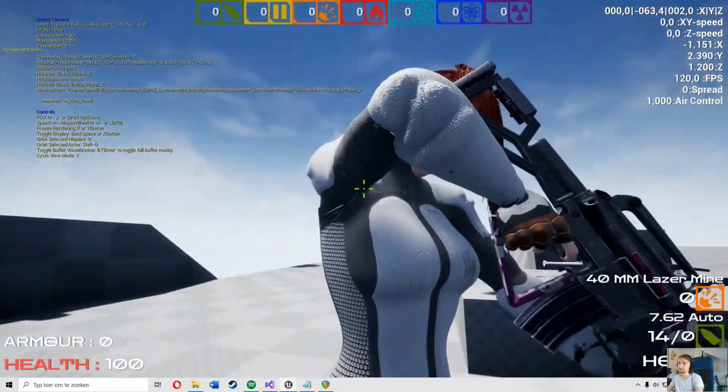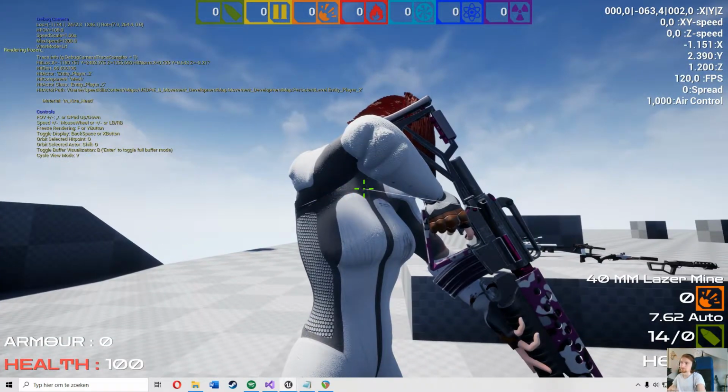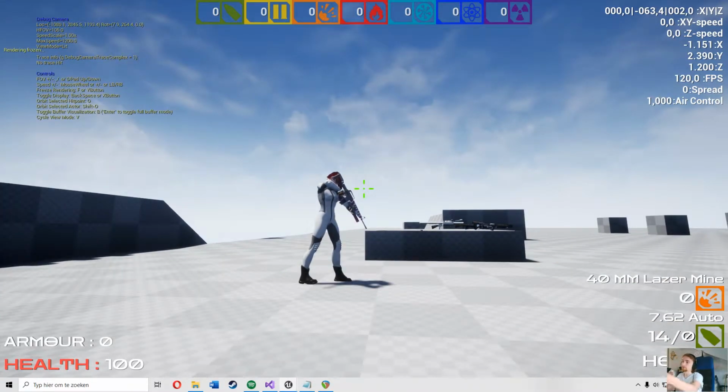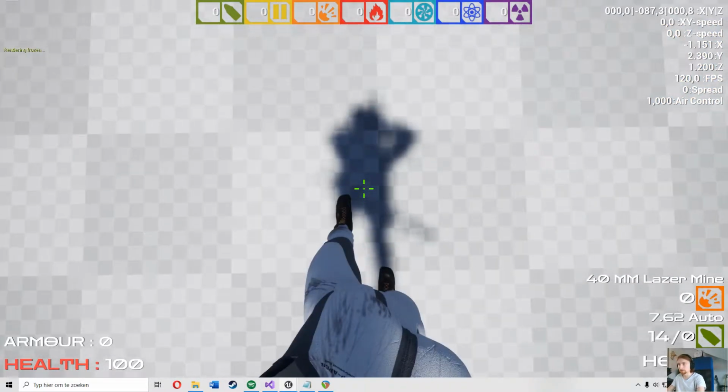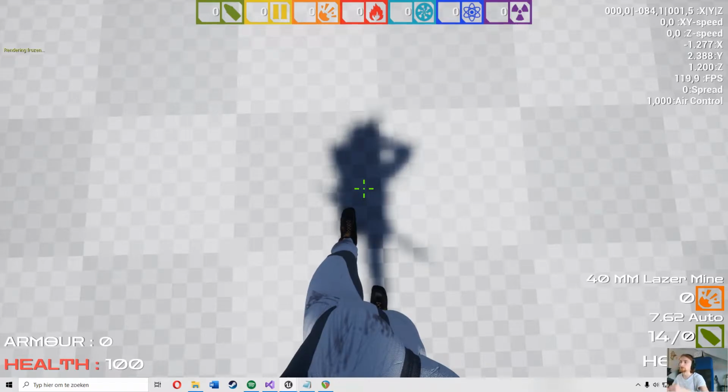Now it doesn't really shoulder the stock properly, but the problem is I can't. The way you would normally aim a weapon, if you were aiming down, you would actually turn your entire spine forward. I can't do that because when I look down, I have to see my lower body, and if I were to